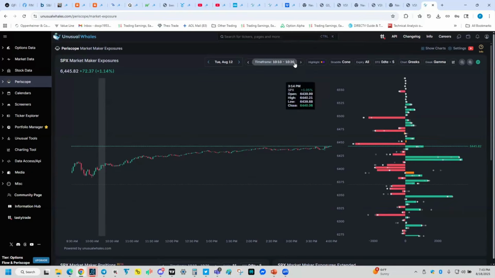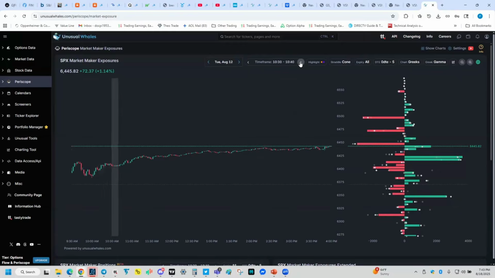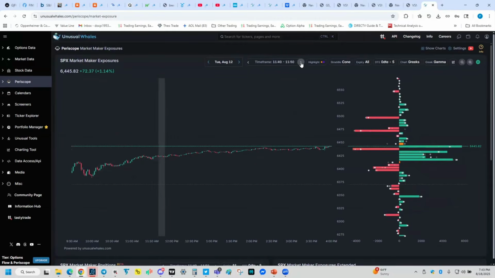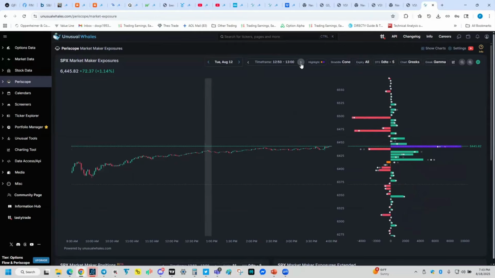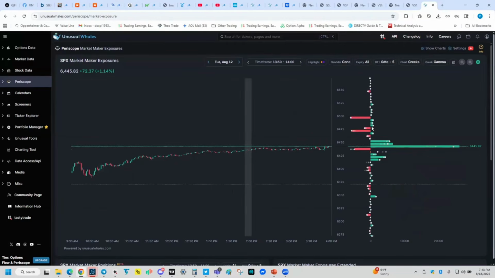So as we march through the day, the size of the bars is going to change, because this stuff has very little gamma. Remember, gamma is a derivative of delta. So if in the morning this had, let's just say, 20 delta, and now it's got a 5 delta, then the bars are going to get smaller. The market maker doesn't have to hedge that much. And then as it collapses later in the day,